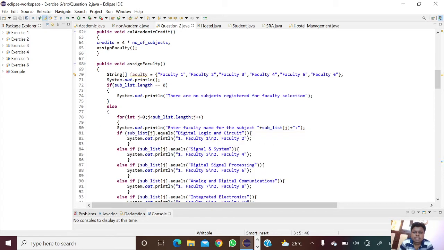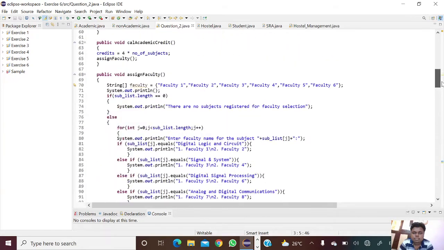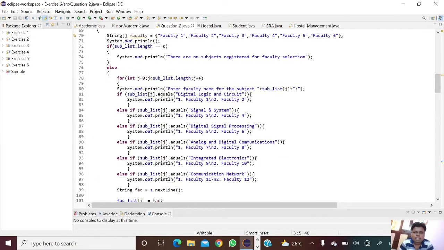Next, using an if statement, if sublist j equals digital logic and circuit, the condition is satisfied and it will print faculty 1 or faculty 2. Else, if you give signal and system, it will print faculty 1 or faculty 4.